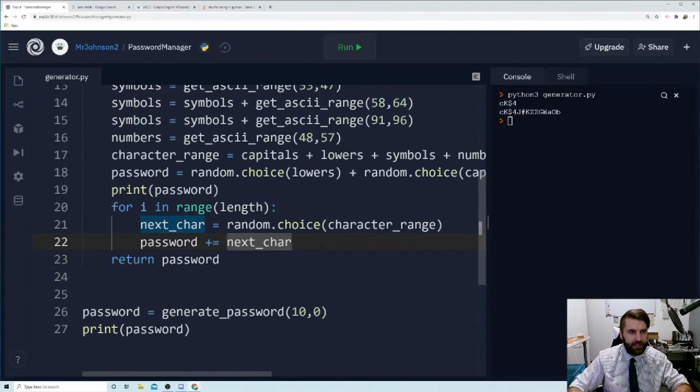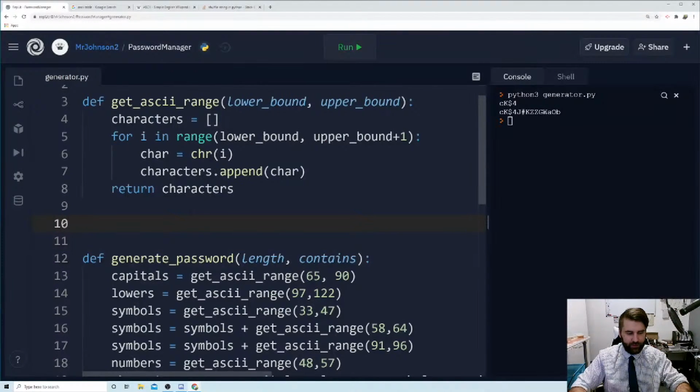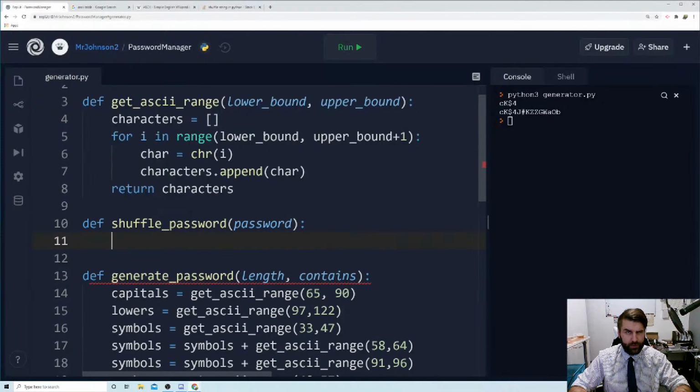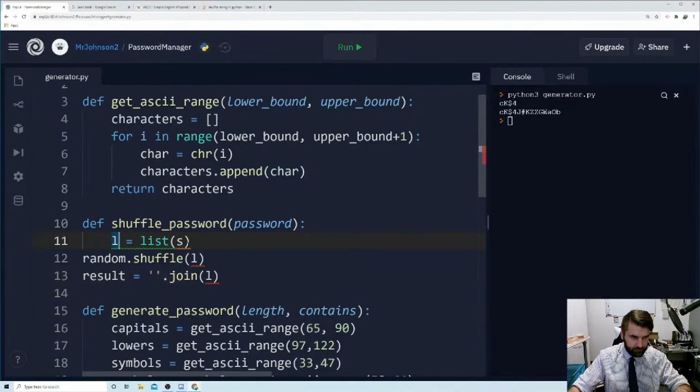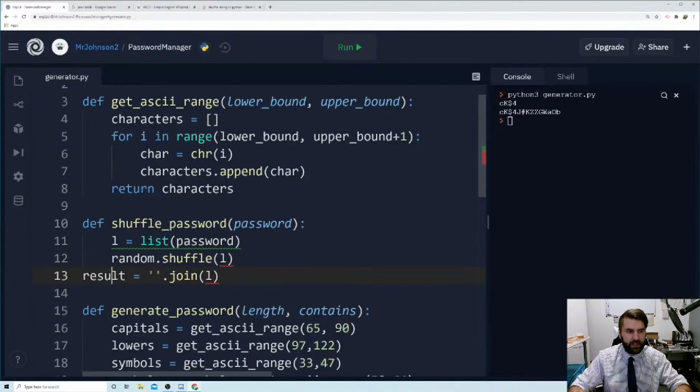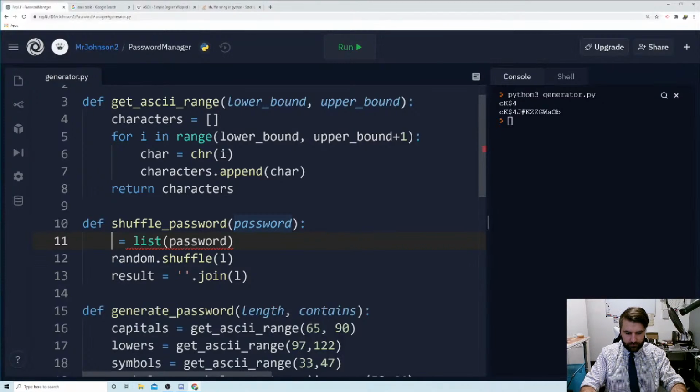So down here, let's still call it shuffle password. So def shuffle password, and we're going to just take that string and shuffle everything about so that it's in a completely random order. And we're going to take in the password as a parameter here, and we're going to say our list is equal to the list of our password. So we're going to take our string and convert it into a list, and it's called L in this example. Not happy with that, so let's call this password list. Password list equals list password, and then we're going to use the random library and say random.shuffle,